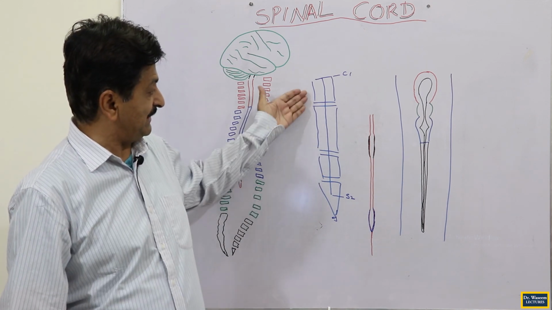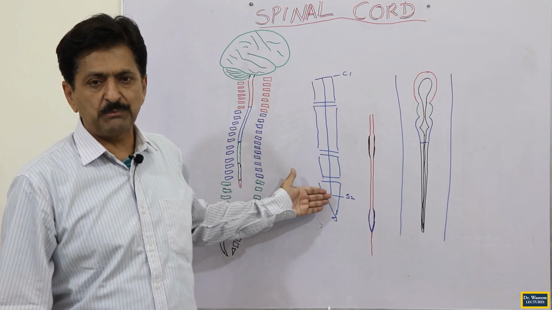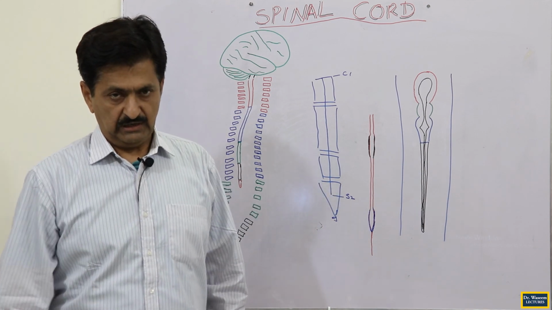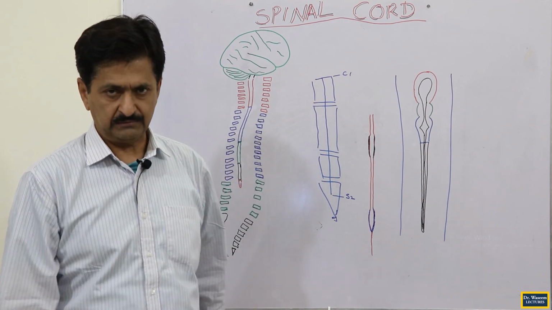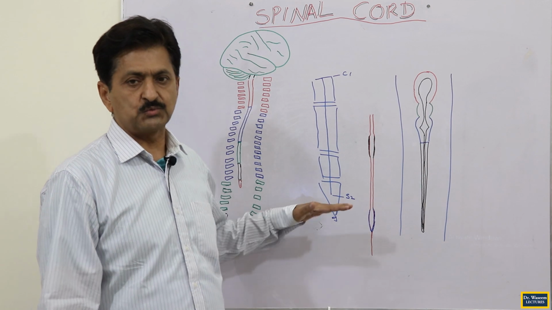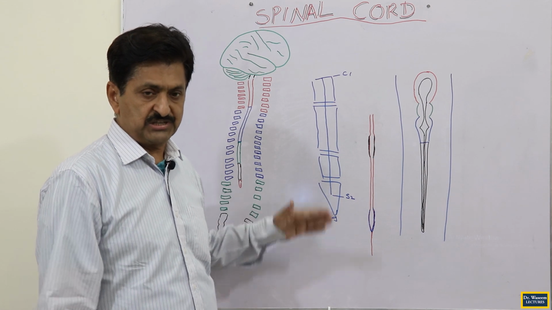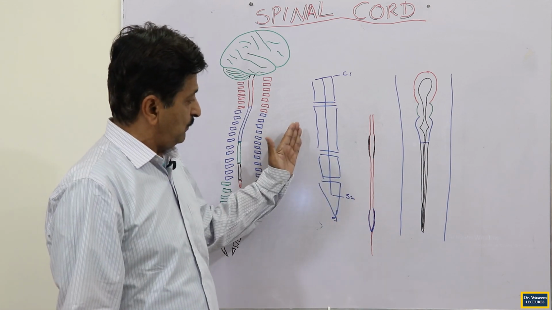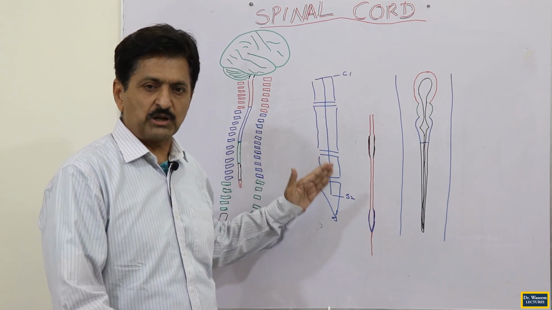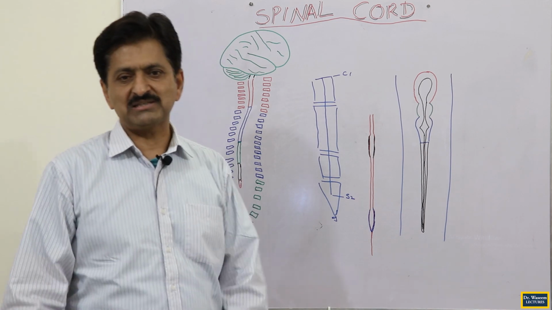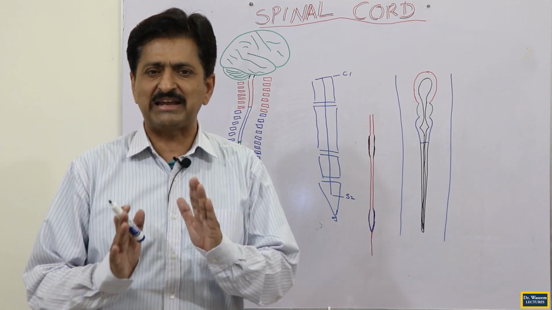Means it is accommodated in 7, 12, 19, 5, 24 and 2 more, in 26 vertebrae. It is accommodated in the vertebral canal, meaning most of it is in the vertebral canal and some of it is in the sacral canal, up to this level of S2, the second sacral vertebra. This is the embryonic level. But the vertebral column is mesodermal in origin, while the spinal cord is neuroectodermal or ectodermal in origin. Two different germ layers are there, so their growth is not at par with each other, it is not equal.